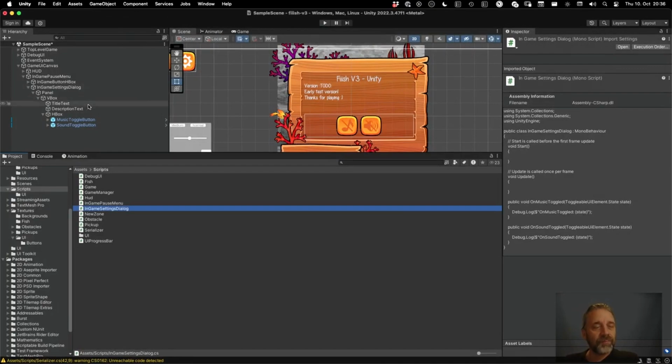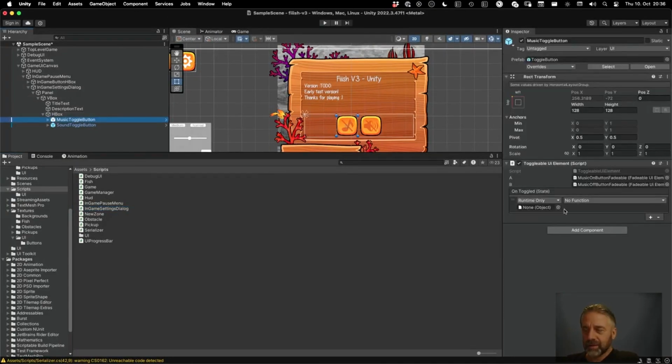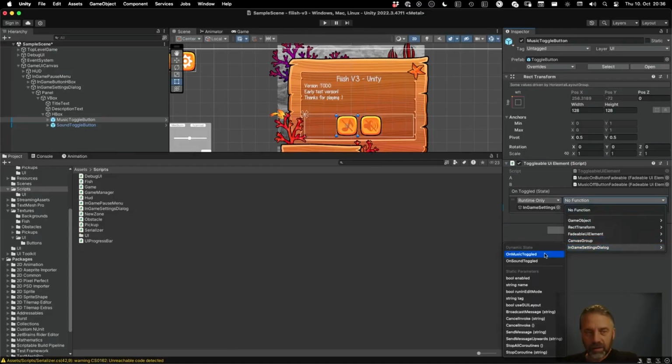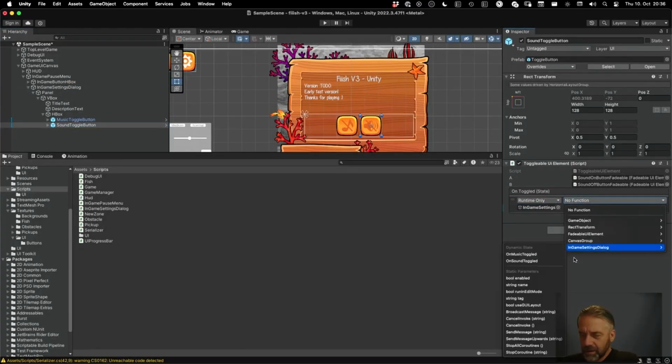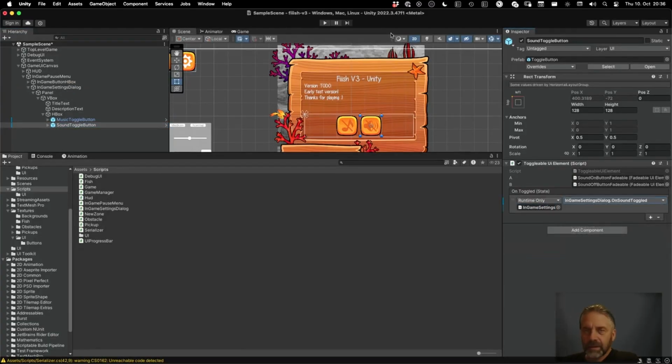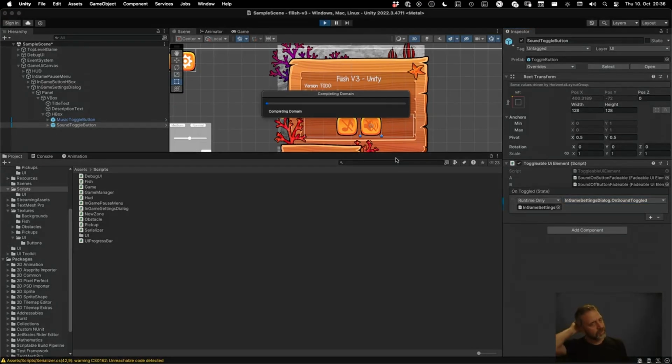So this toggle button has a toggle, so we can drag in the in-game setting and say in-game setting on music toggled. We go here and drag in the in-game setting dialog and say on sound toggled. And if we press play now and look at the console,